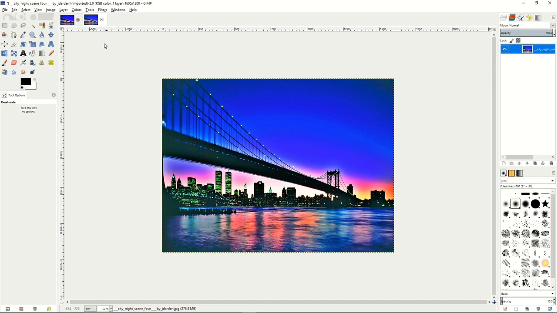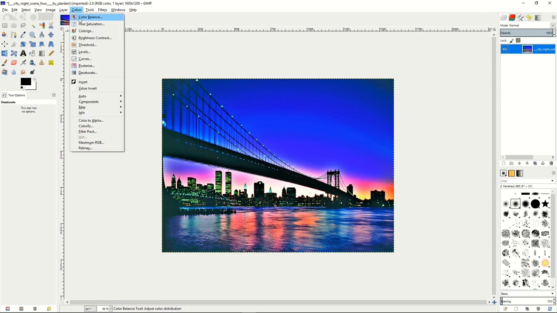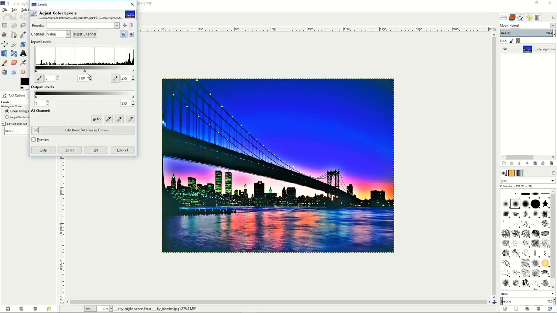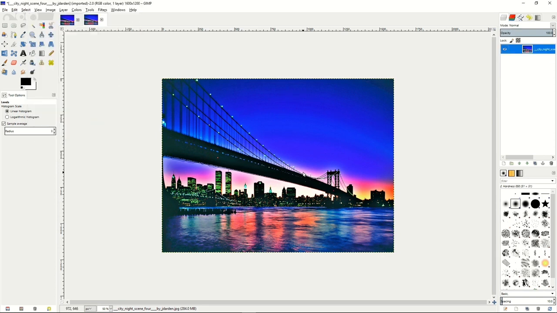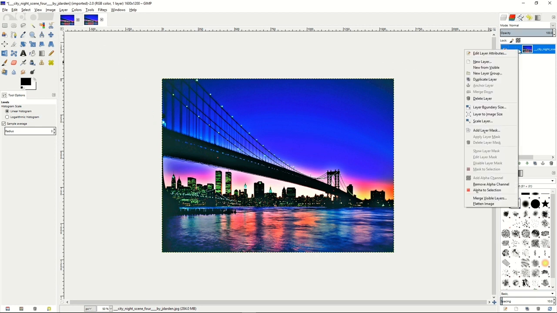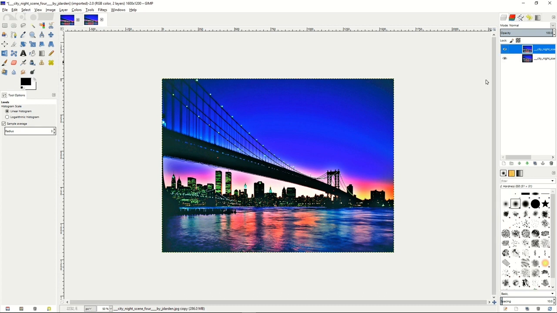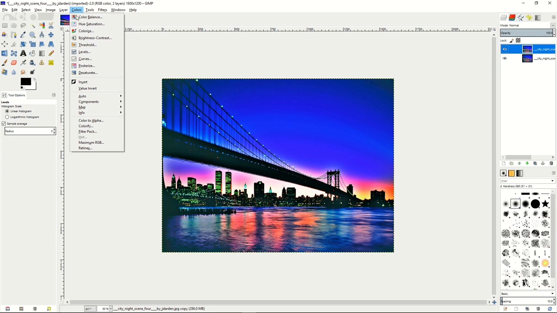Next, you'll want to go up to the colors and do levels. And on the levels, you want to switch that to maybe about 94, 93, or 92 on the gamma. Press OK there so we can get that into our picture. The next thing you want to do is create another duplicate layer. And then on that layer, you want to click Colors,